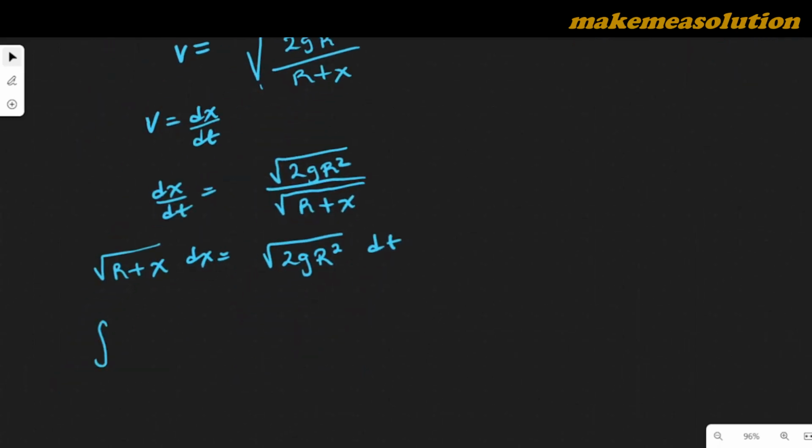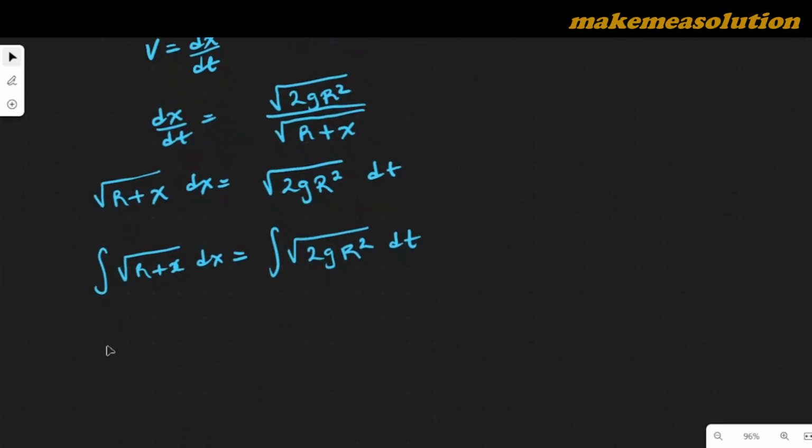So the integral of root r plus x dx is equal to the integral of root 2gr squared dt. So we're going to take this integral,